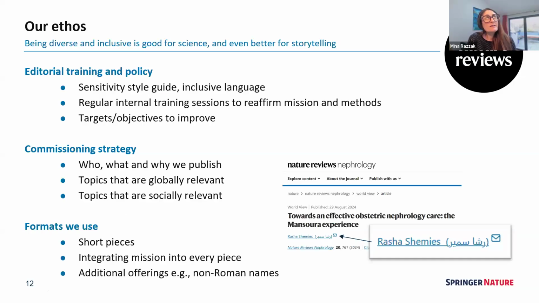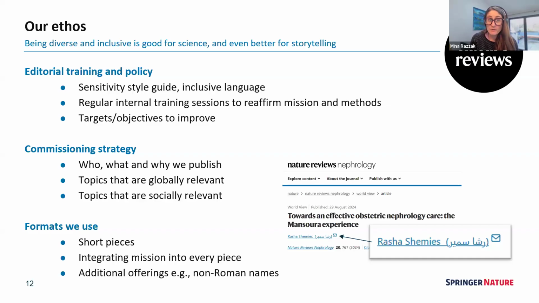So our ethos is we're quite mission-led journals. Every journal has a mission, and as a group, we have a mission. And one of those is that we are inclusive and diverse, because that's good for science and good for storytelling. So what do I mean by that? As well as covering a wide range of topics, we think very carefully about publishing things that are societally relevant,